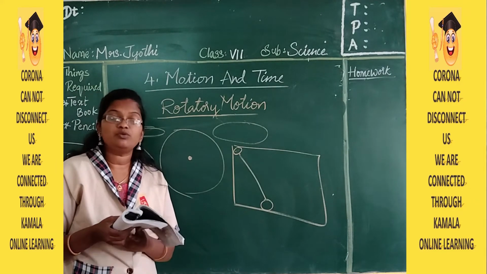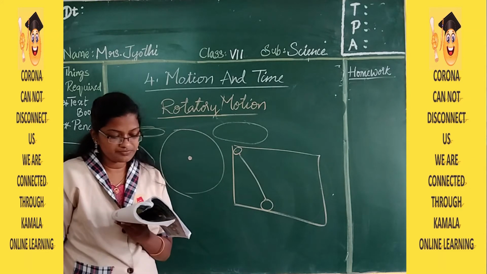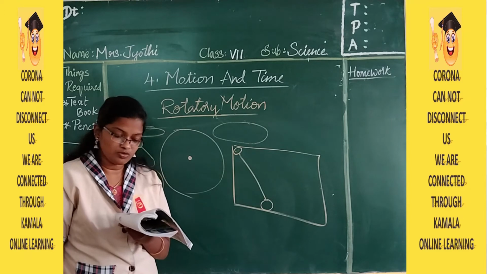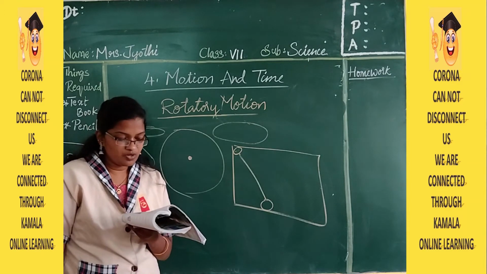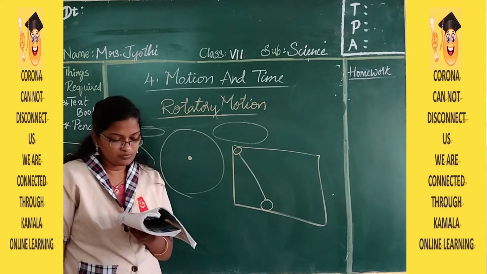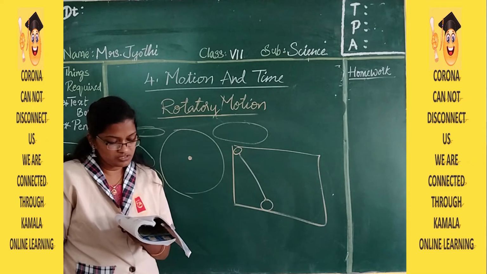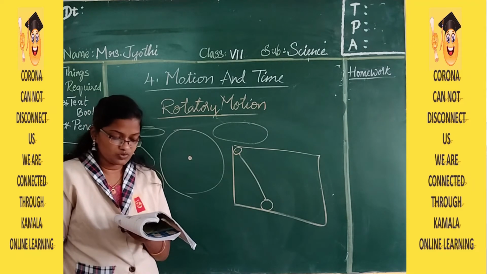So is it rotatory motion or translatory motion? When you push the ball on the surface of the table, it moves from one end to the other end, and all the particles of the ball also move along in the direction of the motion of the ball. Hence, the ball is in translatory motion. Similarly, each particle of the ball moves in a circle about a particular line when the ball rolls on the surface. Therefore, it is in rotatory motion.